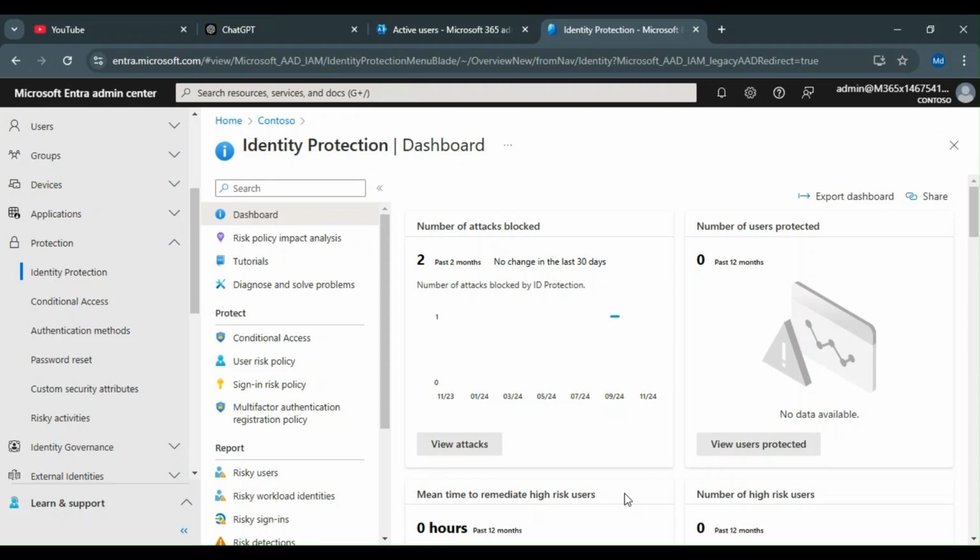Hello everyone. So today we are going to discuss some more features of the Entra Admin Center. Previously we discussed the enterprise application and how we can register it, but today we are going to discuss some protection level policies like identity protection. In identity protection, we have multiple options: conditional access, authentication methods, password reset policies,